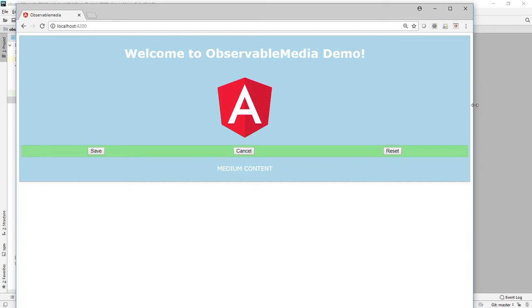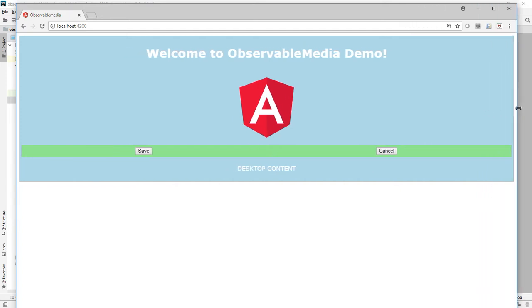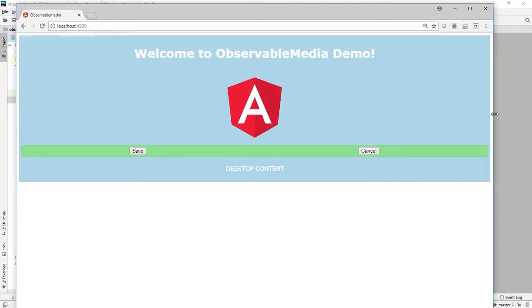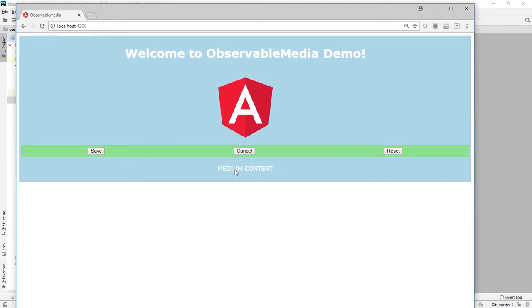Okay, and it changes the view. So basically, notice we're in desktop content. Now we're seeing the medium content. So the application detected, got an event which basically said, oh, now you're looking at medium content. And so based on that, I loaded the medium content into the component. I could have easily just done this inside of a template, but it's really just calling a load function inside the component and defining the content of the component instance to be medium content, which is getting rendered on the